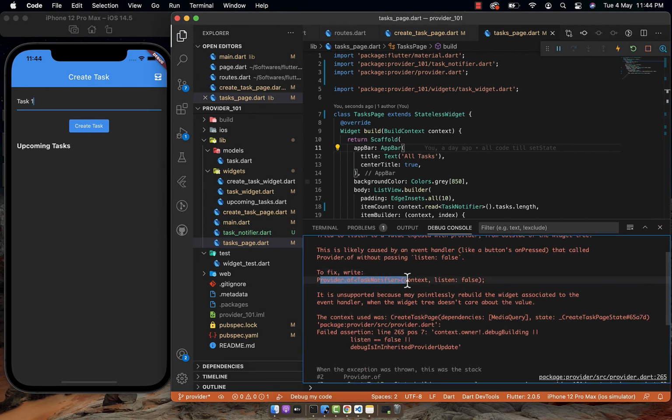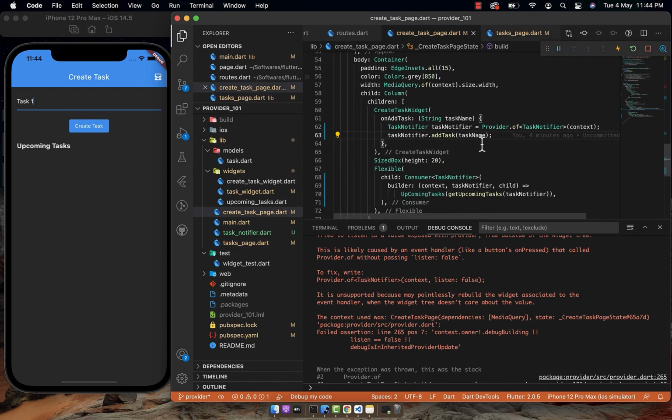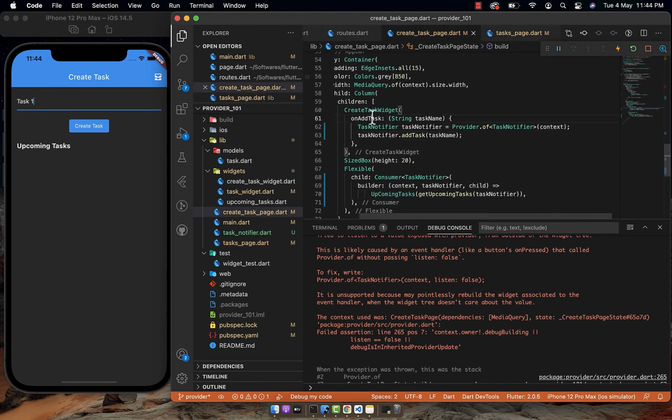It says wherever I am calling this Provider.of, I am not providing listen false. So we were calling this Provider.of whenever we were adding some tasks, and by default listen is true. That means whenever you want to rebuild your widget, you can use that, but we are not rebuilding here. We are just reading the value. So we will provide listen false.